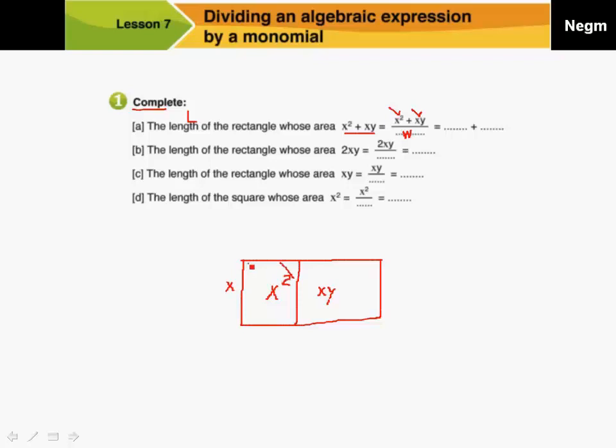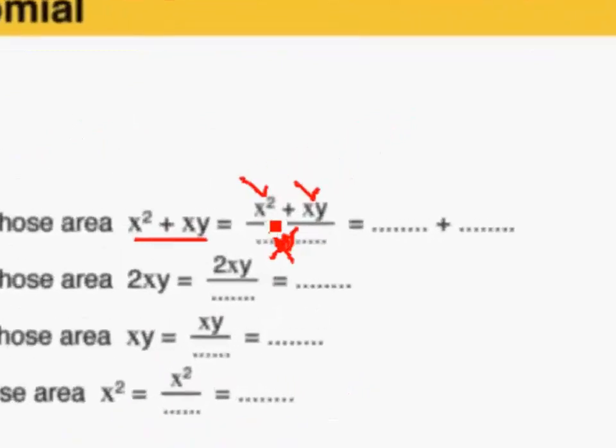What is the area of the first part? It is x times x to give x squared. The width, this is the width, and this is the length, which we are asked to get. The width will be x. Make this into two terms. It will be x squared divided by x. X squared divided by x gives, of course, x.